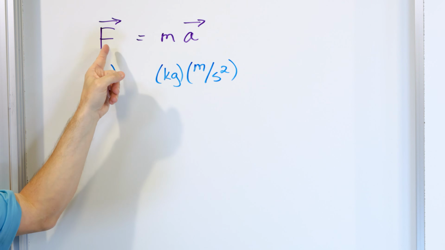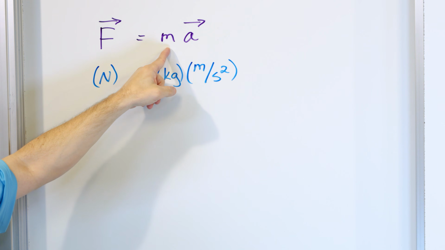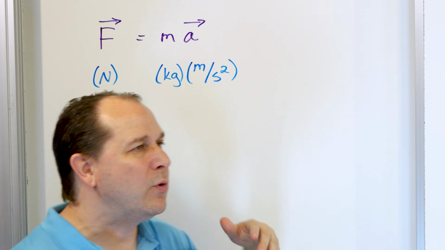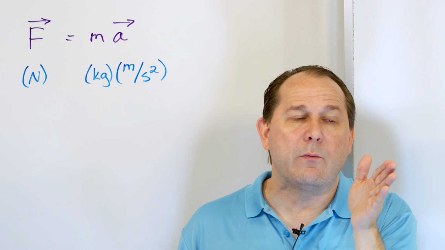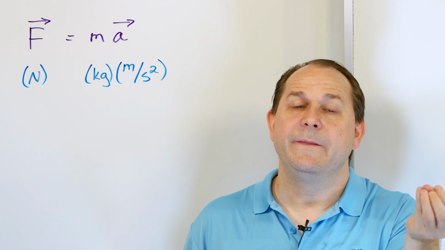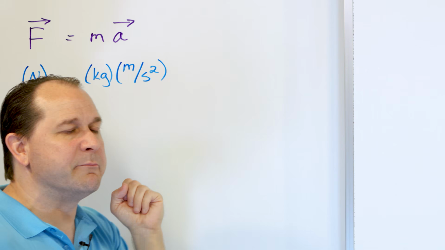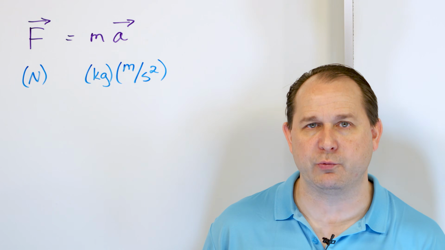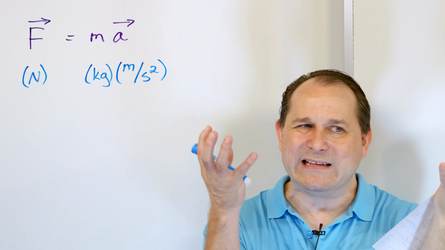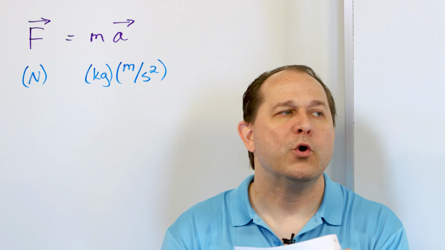And that force, which is a pushing force of the rocket engines, is going to be equal to whatever the mass of the object is multiplied by whatever acceleration I want to give it. If I want to speed that thing up, let's say 5 meters per second squared. That's the acceleration. Then I multiply by the mass, and it tells me how many newtons my rocket thruster must push with. So what it does is it relates the pushing of things, or the pulling, the forces, with how